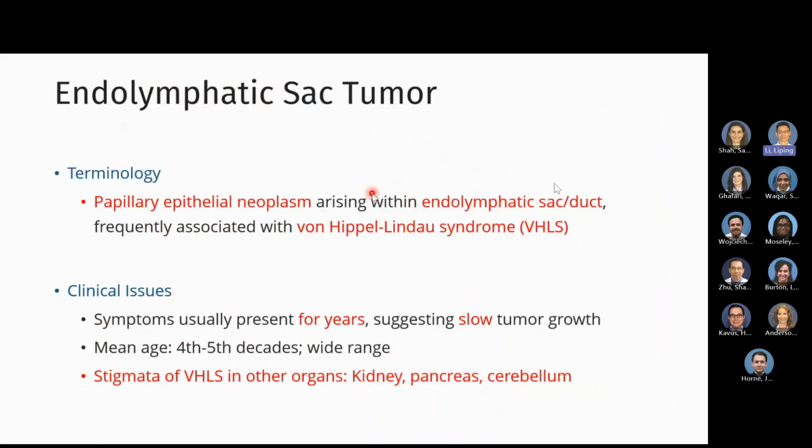Okay, next one is Endolymphatic Sac Tumor. I think this is really specific for this anatomic location. This is a papillary endothelial neoplasm arising within the endolymphatic sac or duct. And I think maybe in the exam, it may be a point for von Hippel-Lindau syndrome. But this is a really slow growing tumor, so the symptoms can be present for years. And of course, with VHL, we can find some kidney cell carcinoma, pancreas, some neuroendocrine tumor. And then for the cerebellum, we can have